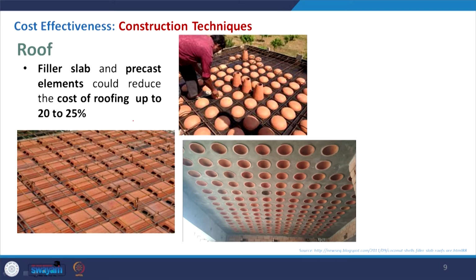Coming to the roof, yes, here instead of a plain homogeneous and same thickness concrete slab, now this is another cost effective technique, where we use some kind of terracotta tiles or this kind of form, and then the concreting is done, and then after removing the shuttering from the bottom, it will look like this. So, without compromising the strength, this can be achieved with the filler slab, and that can save up to 20 to 25% of the cost compared to your traditional concrete RCC slab.